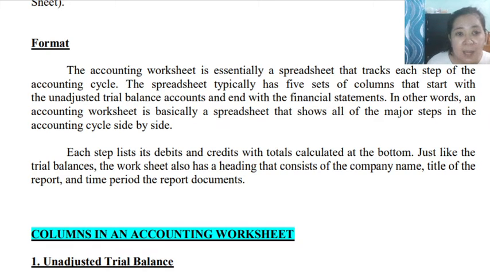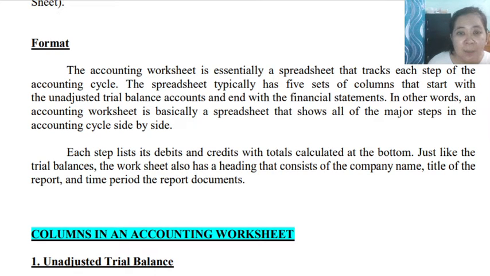Just like the trial balance, our worksheet also has a heading. This is very important because the heading serves as an identifier of what the report is all about. Your header is just like your name, so that the readers or users will know what type of information they are looking into. For our heading, it will consist of the company name,